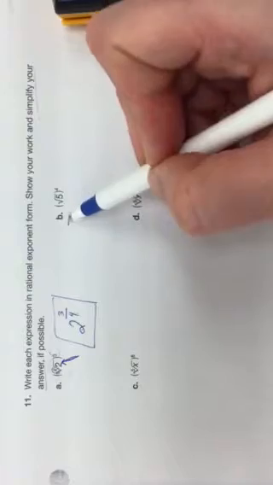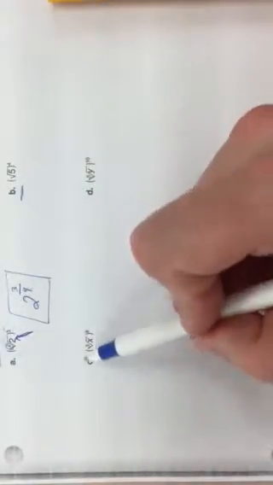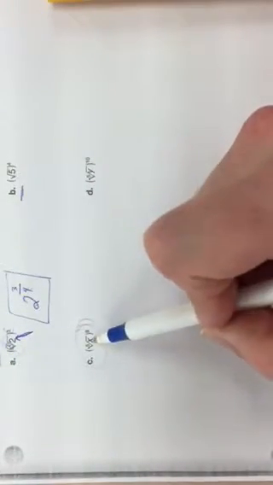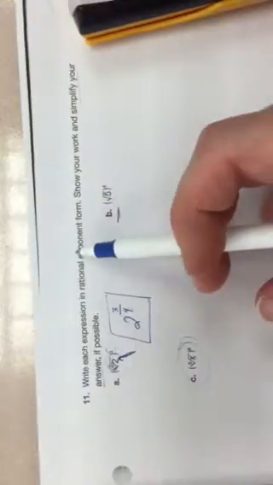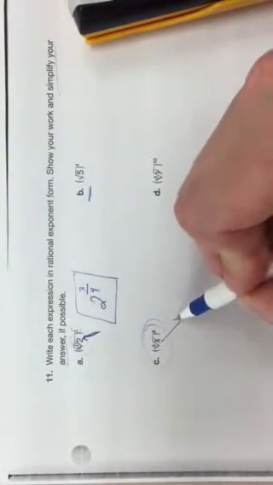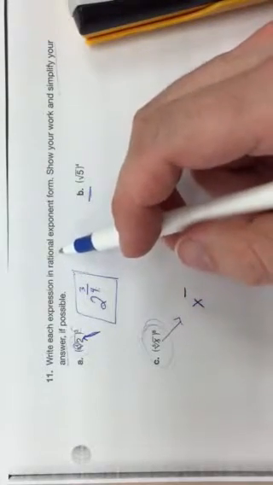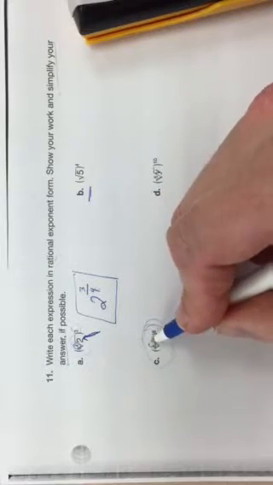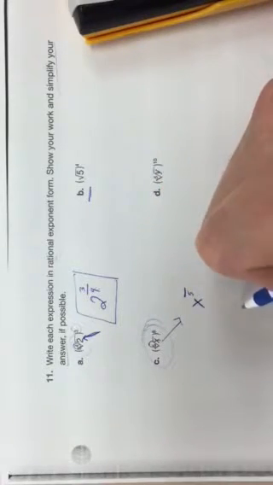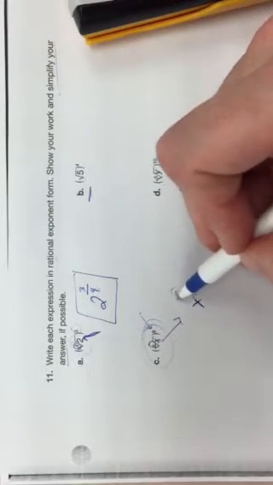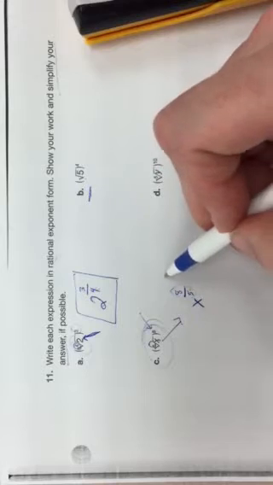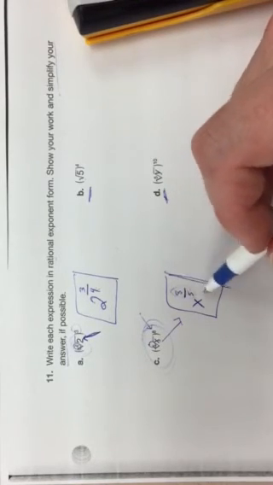I want you to go ahead and do B on your own. And then here we're going to rewrite this. So rewrite the radical with a rational exponent form. So again, x is going to be the base. We know we're going to have a fractional exponent, or a rational exponent. We know that 5 is going to be in the denominator and that 8 is going to be in the numerator. And we can't reduce this fraction, so we're finished. Go ahead and do this one. And please look to see if you can reduce the fraction, because if you can reduce the fraction,